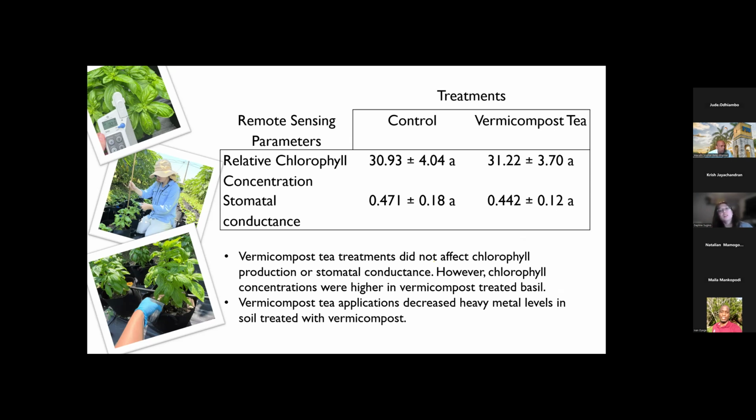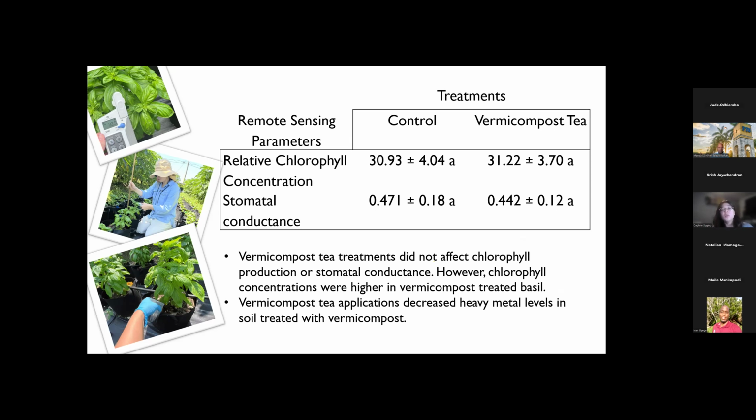Furthermore, the addition of vermicompost tea did not significantly affect soil element concentrations either. Vermicompost tea treatments actually did affect soil elements. I'm so sorry. Vermicompost tea treatments actually significantly decreased heavy metal concentrations in soil. Heavy metal concentrations in soil already generally decrease when you add organic matter. And I will say that there was organic matter in these fertilizers floating around because they were pretty dark, chunky, and concentrated.